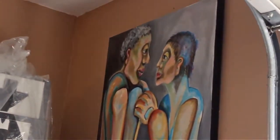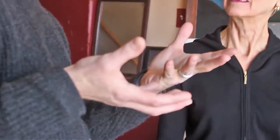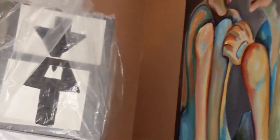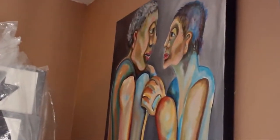Do you know what it reminded me of? It was almost like primates grooming each other. You're right. Now that you say that, that actually could be, especially with the hand. So that particular hand was kind of coming out of that whole series. That whole series had started with people with hands, and so the hands were very prominent, and then they became less prominent. This was one where the hands were less prominent and the faces were more. And then the faces became the masks. Correct. So after that whole series, it went to the personalities, to the eggs,